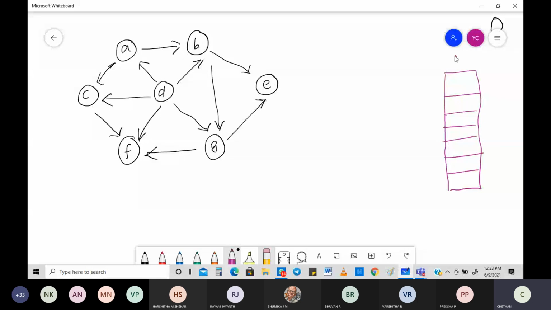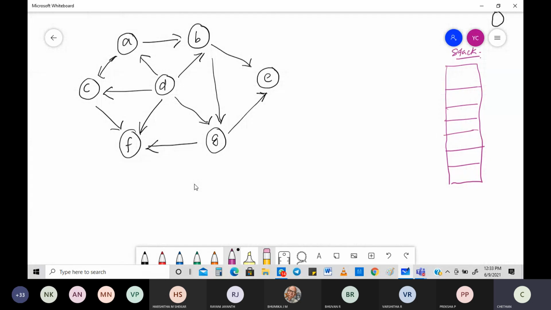Okay, so I'm going to go with any node. I told you very clearly that you can choose any node. So I'll choose any node. Of course, I'll go with alphabetical order. Now you may be thinking, what about A, it is not having in degree equal to 0. That is only preferable, we'll choose that, but we can go with any node. So I'll go with A this time. You can see very clearly that A does not have in degree equal to 0. It has an in degree which is more than 0, which is 1. So I'm going to write from there.